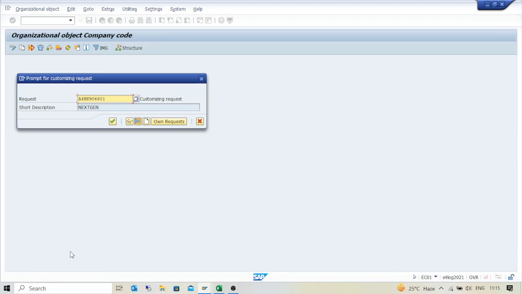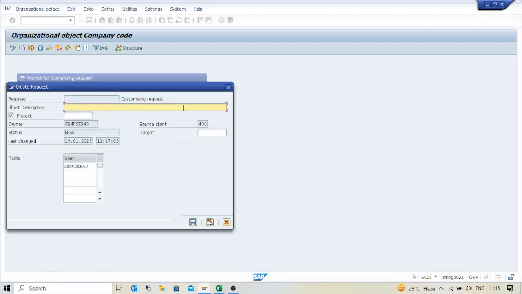So in a live system, what happens is you create this customization in a development environment, and then after testing it is moved to the subsequent environments, and then finally it goes into production. So the way the configuration moves is via this transport mechanism, which is a very important part of the SAP landscape. So here you can create your own transport, and let's call it something, next gen group